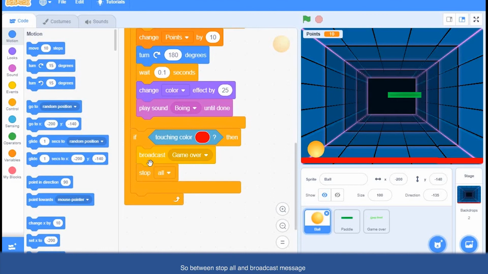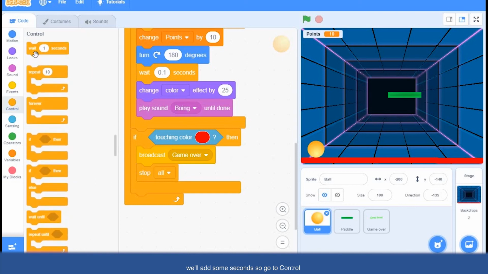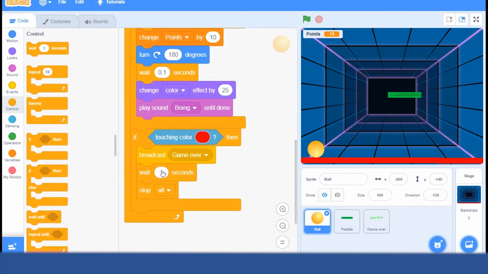So between stop all and broadcast message, we will add some seconds. So go to control, get the wait 1 second block and attach it here and make it 0.1, a very small number of seconds. So that after the broadcast block there will be a short wait, and then it will stop all and freeze everything.